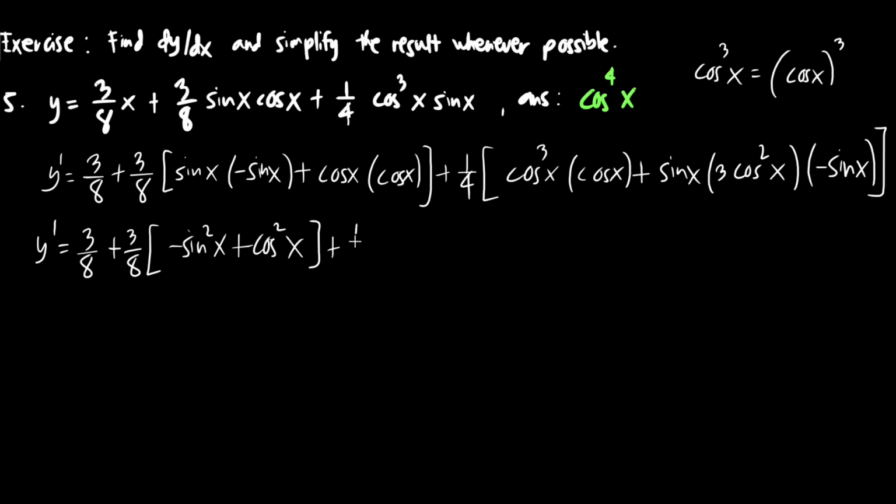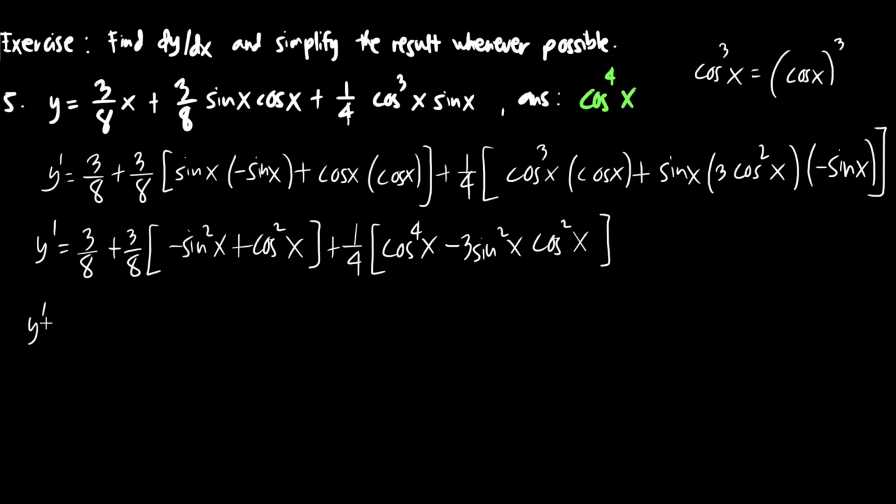So plus 1/4 cosine, close bracket, cosine raised to the power 4x plus. I will simplify this one. So minus 3 sine squared x cosine squared x,